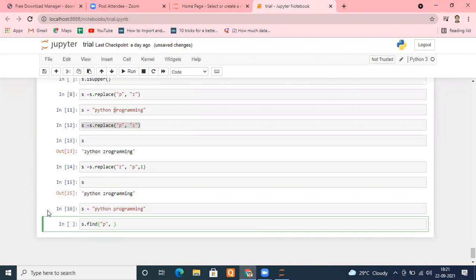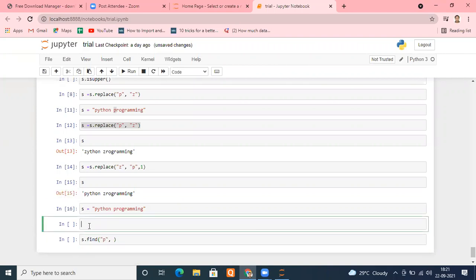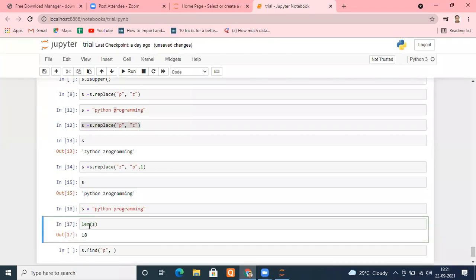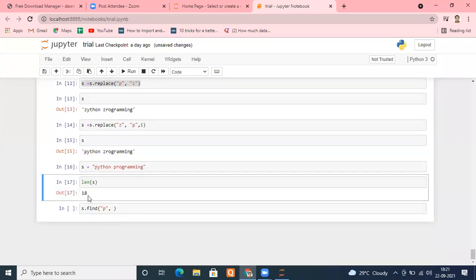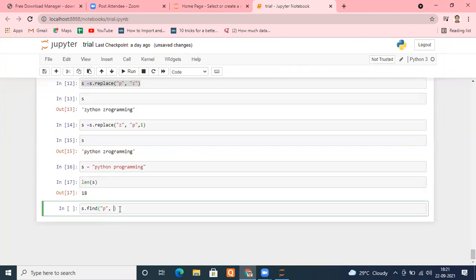And one more thing. Let me check the length of this string so that my life becomes much easier. What is the length of the string? Just put S here, and it will tell you how many characters there are. It told me, including space, there are 18 characters. Fine. So I will specify the first index to be 1. I didn't put 0. Remember, if I put 0, it will immediately take the P. So I put 1 here, and the last index is coming to be 18, so let me take 19, because it will take 1 less than that. And let me search it.